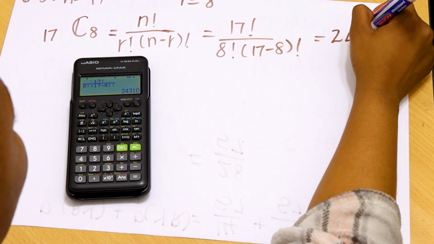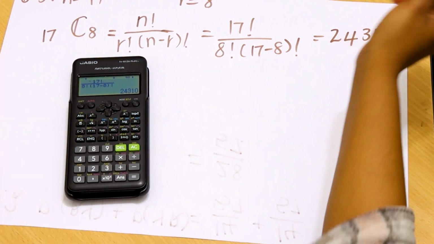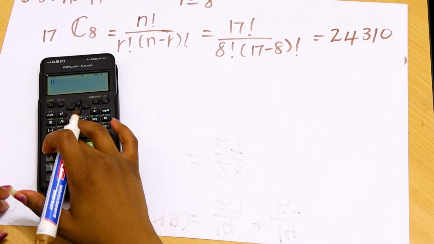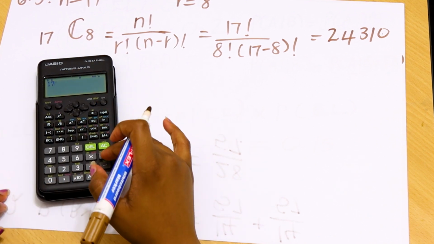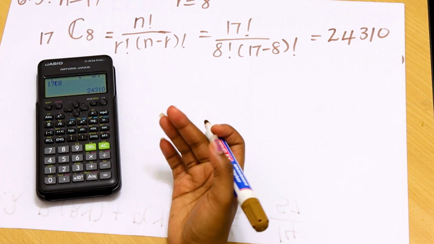It's 24,310 ways. So to get this from the calculator, you just press 17, shift button, division button, and then 8. Then that would give you